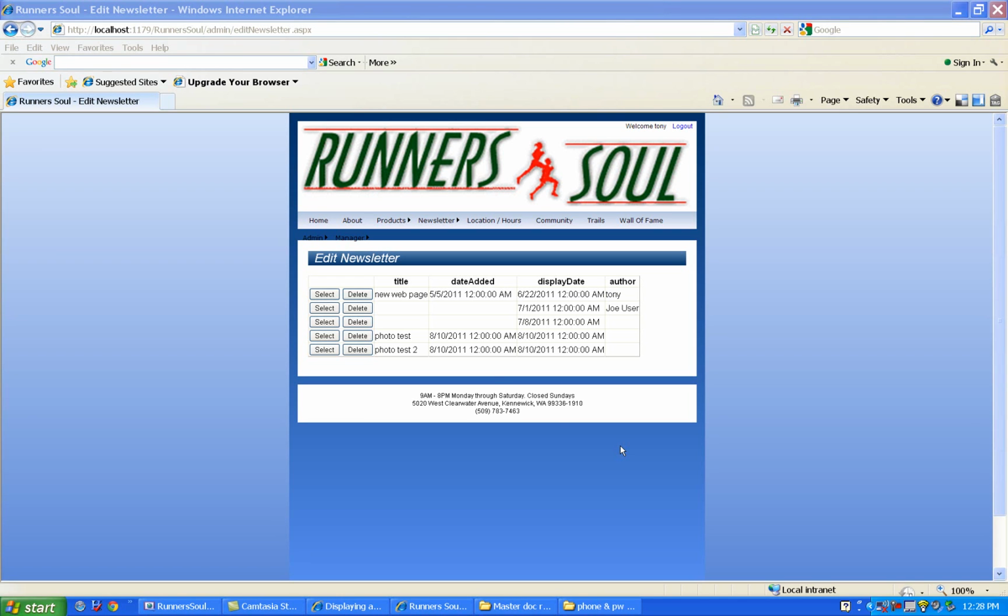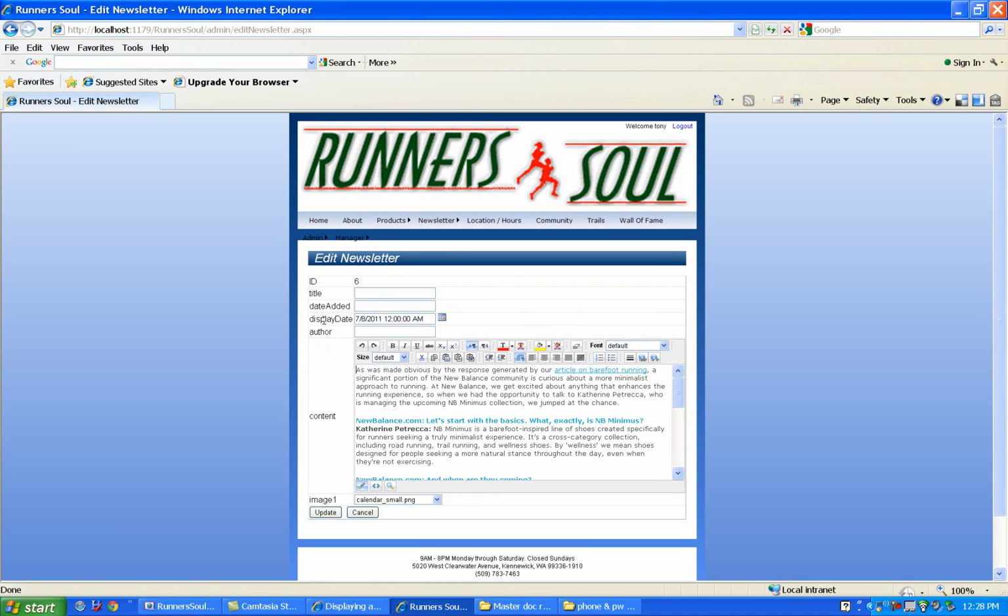In the last tutorial, we added that drop-down list so that the user could pick the image file name off a list. And in this one, we do the same thing for the edit page rather than the add page. So I've already done it here, and rather than doing it and walking you through it, I'm just going to show you what we've done. And so again, here we've popped up